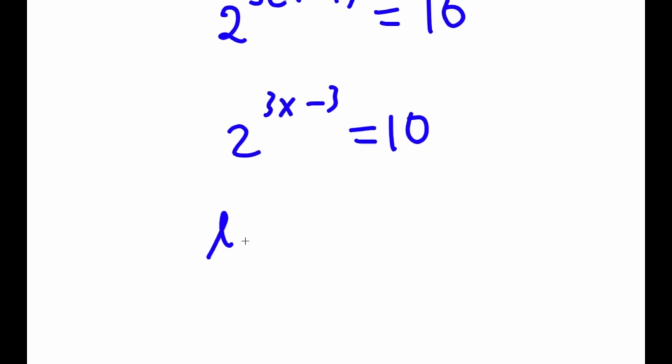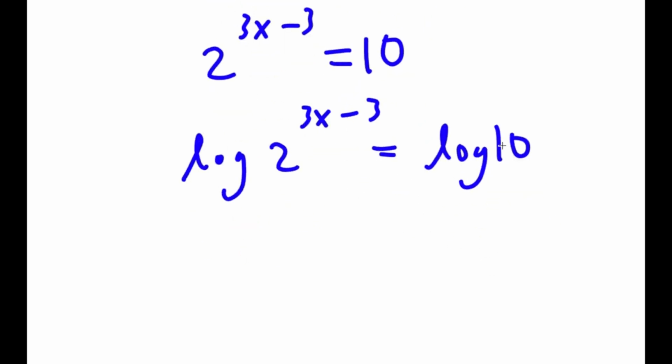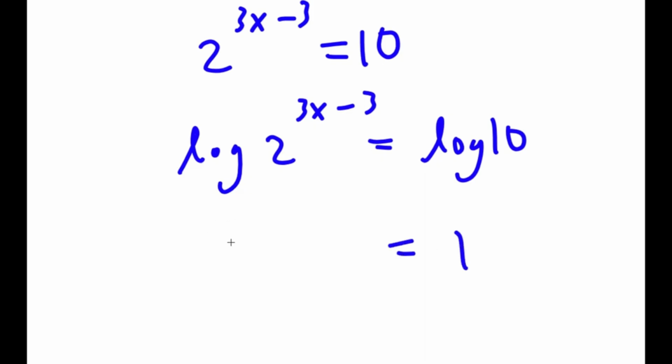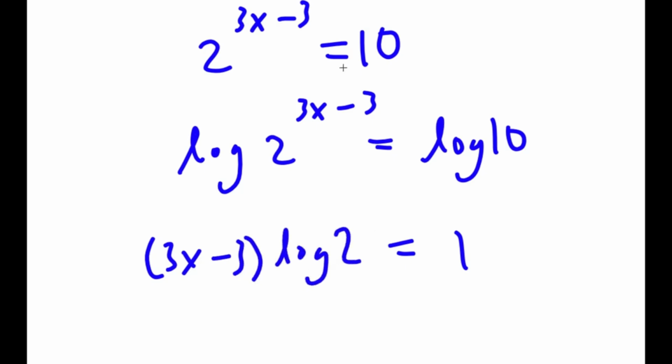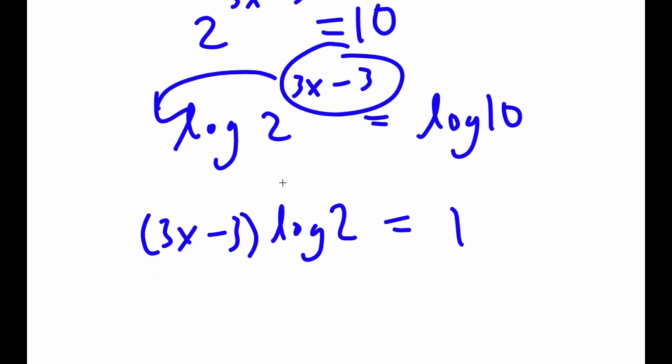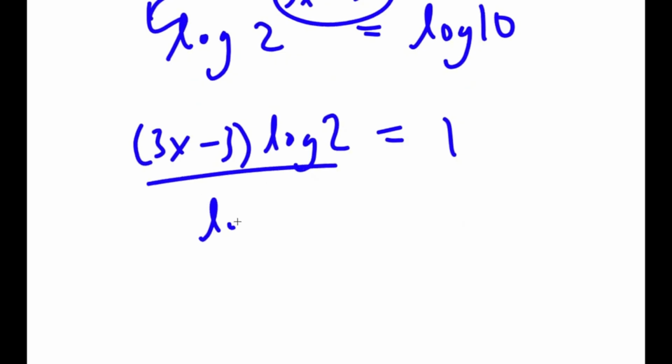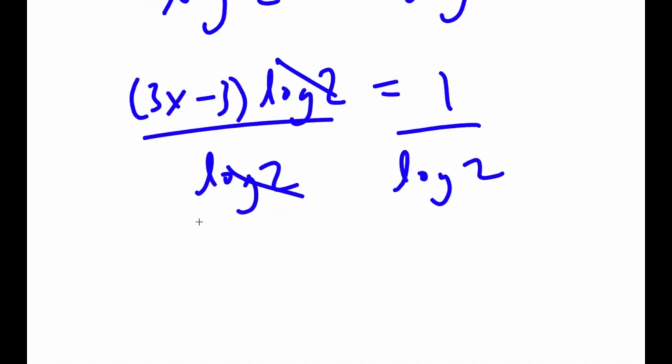Now I'm going to take the log on both sides, so I get log 2 to the power of 3x minus 3 is equal to log 10, and log 10 is equal to 1. So I get 1 is equal to 3x minus 3 times log 2, because I can move this to the front. And now if I divide both sides by log 2, these two cancel out, and I get